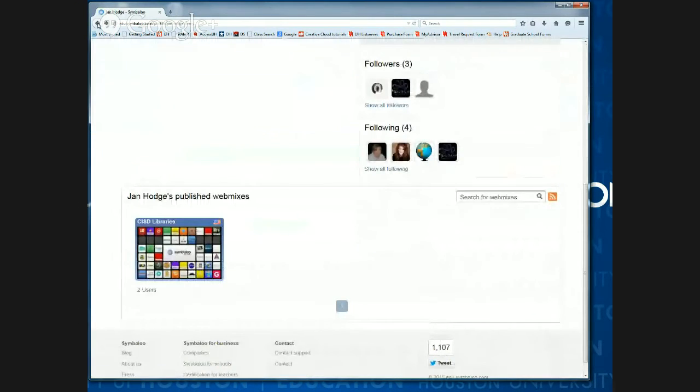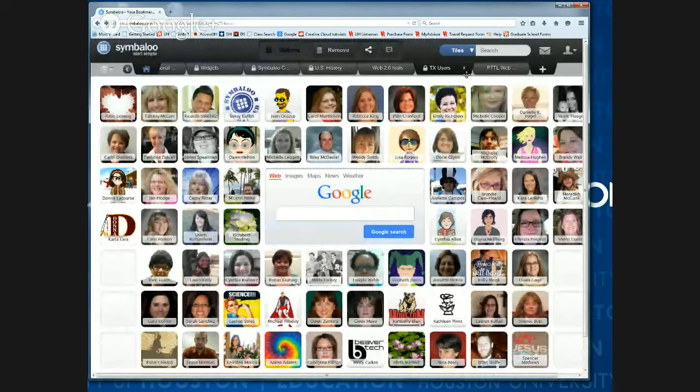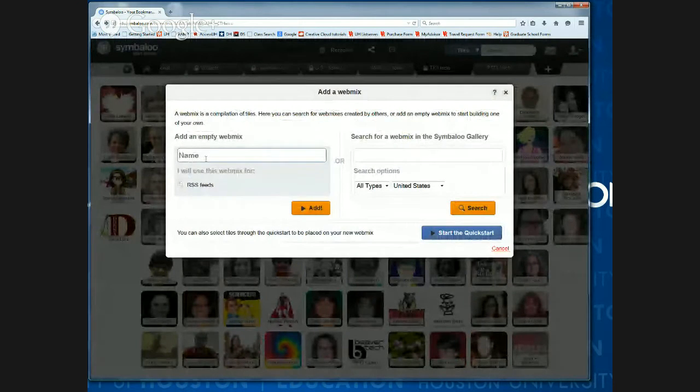So let's go back to our Symbaloo web mixes and look at how you might create a web mix. If you want a new web mix, all you have to do is click here. It brings you a new page. You can put in the name for your web mix, and you can say if you're going to use it for RSS feeds. Those are blog feeds. You could also search for a web mix in the Symbaloo gallery. So if there's a web mix that you just want to add to yours that's already been created, there may be one that just